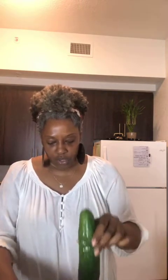I've had people ask me online, how do I do my juicing? Well, actually, let me not put everything away because I have to make everybody else's drink. So here's my bowl, I'm washing my fruits and veggies, and I wash my fruits and veggies with baking soda. So in here I have cucumber, 1 cucumber,